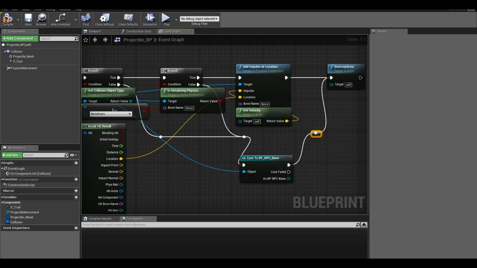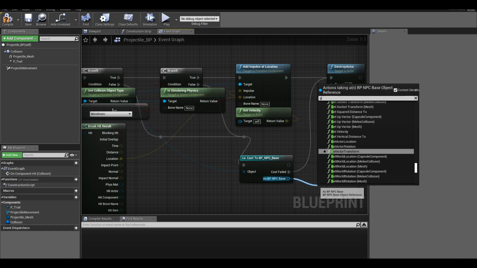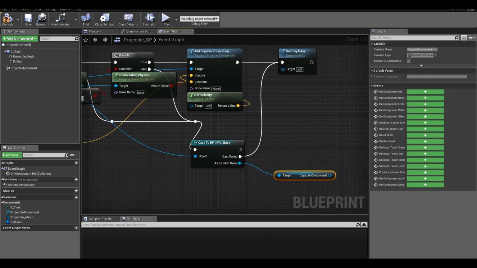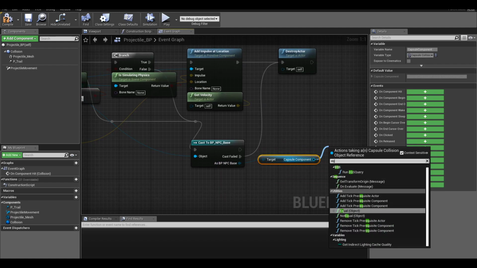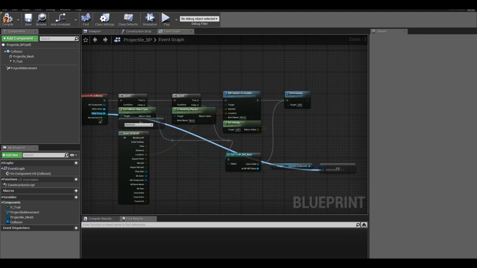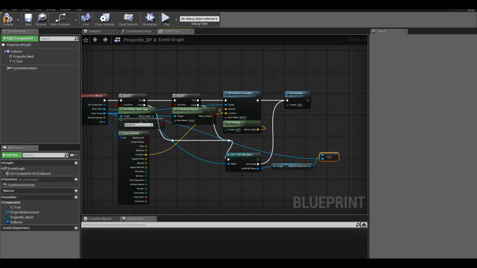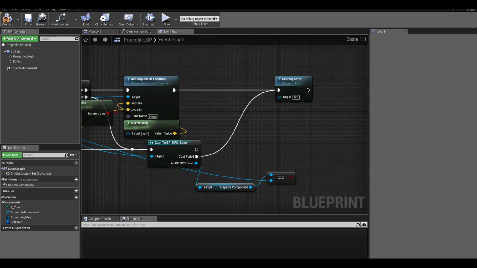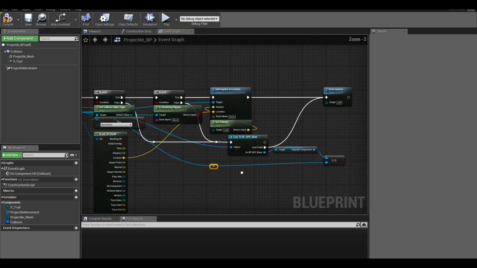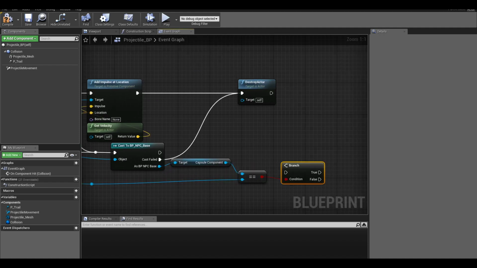Or no, never mind, we're going to connect this up to here, and then we're going to get capsule component equal to other component and do a branch. Just make this a bit cleaner, easier to read. And then branch,